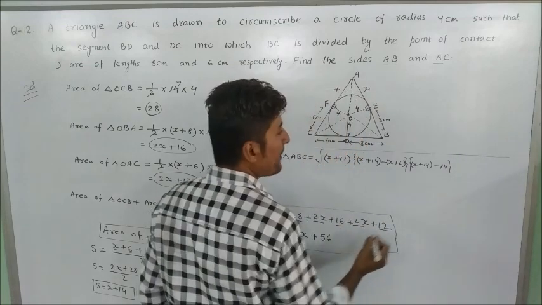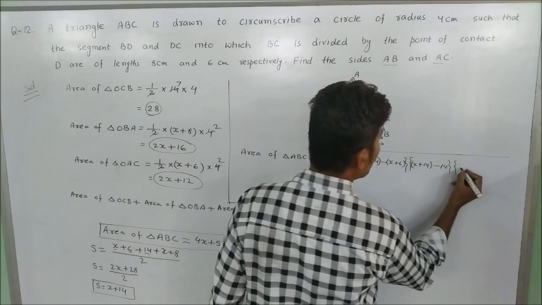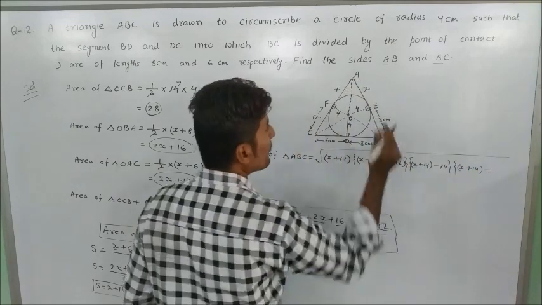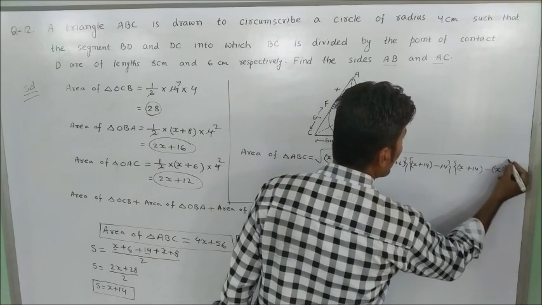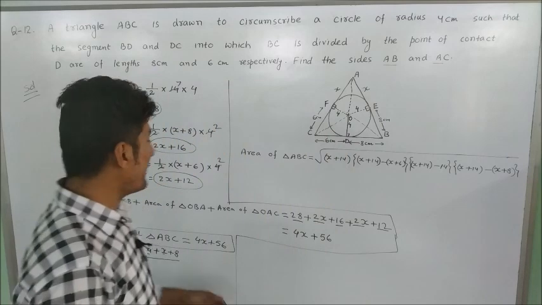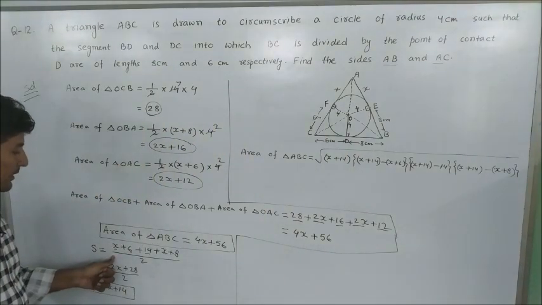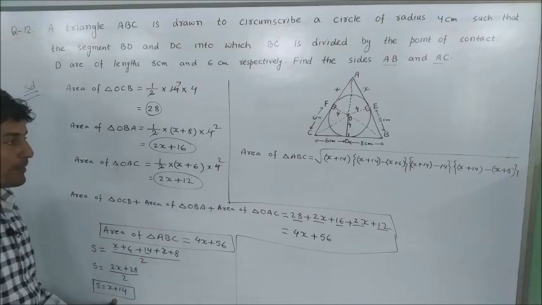After that we write S minus C. So we write the value of S, x plus 14, minus C. Measurement of third side is x plus 8. So I have written like that. Once again I am repeating here. First of all I have calculated the value of S by using the formula, sum of all the three sides divided by 2, that will be equal to x plus 14.